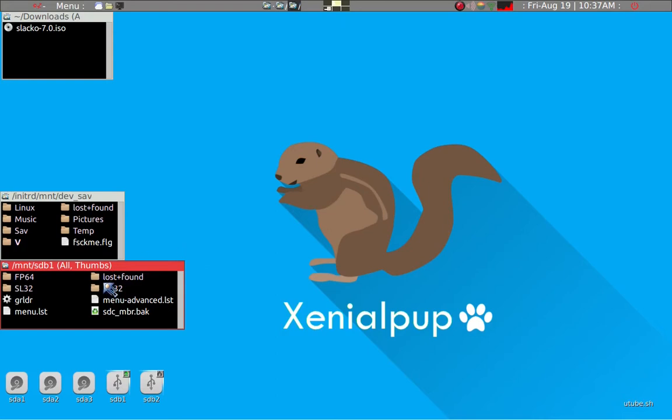when I boot. Right now obviously I'm in Xenialpup 32, but I can also start Slacko 32 or FossaPup 64. This is a 64 machine, but I prefer to run a 32-bit operating system, and it only has 4 gigs of RAM. Anyway, going back to taking a look at the XP